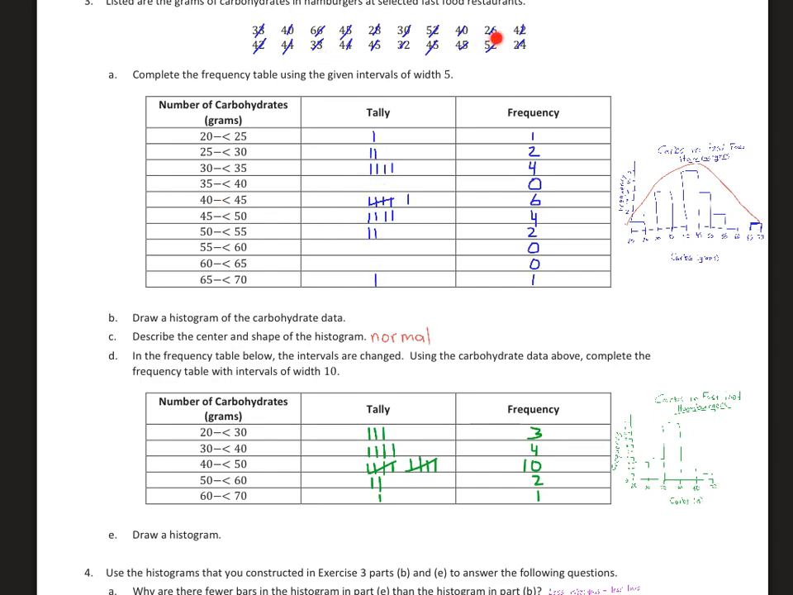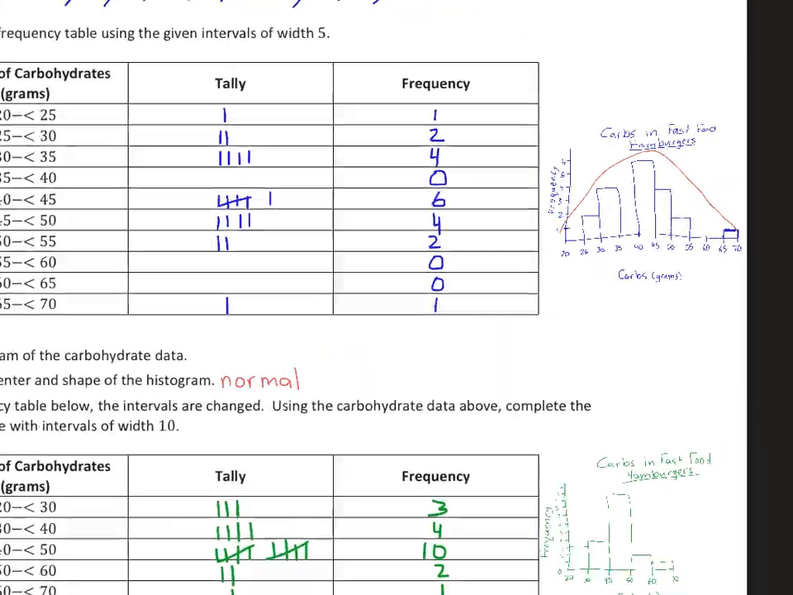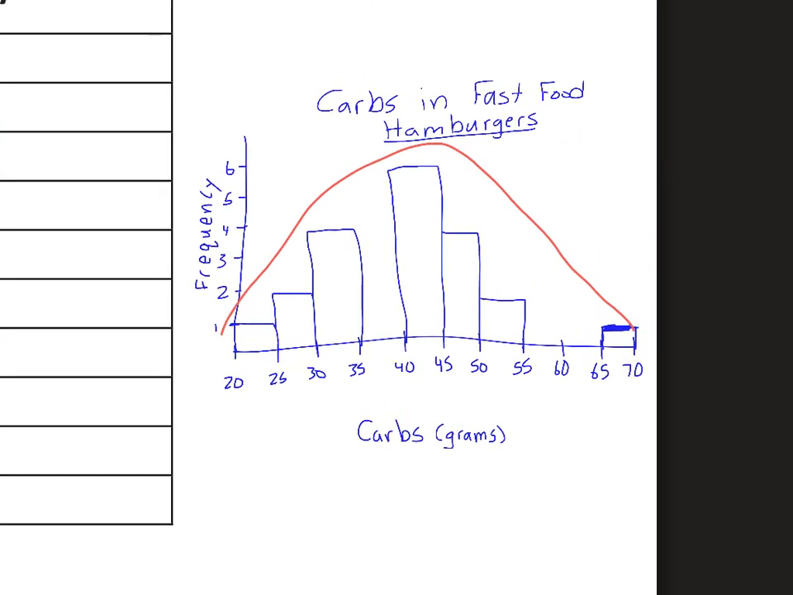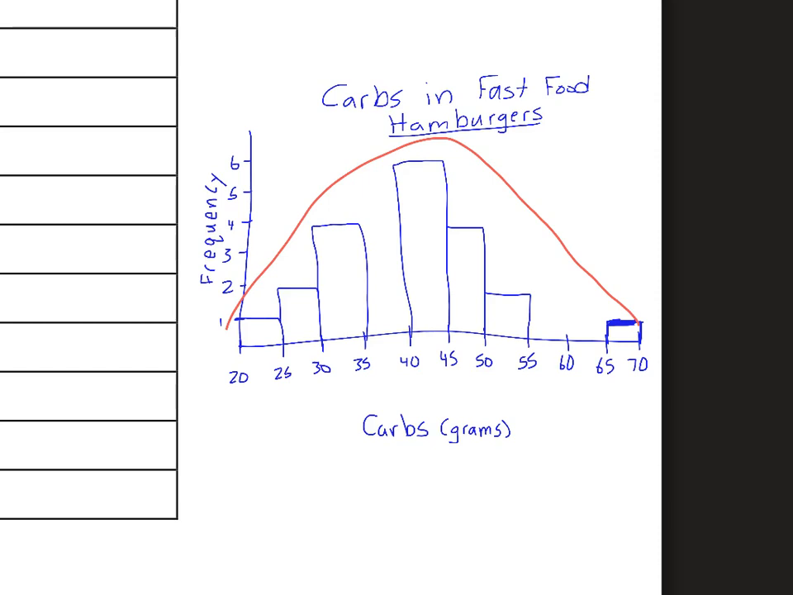And while it was seemingly long and tedious, we do have a tally chart to fill out here from this data, marking it off as we go, and then the frequency. And then we drew the histogram over here, so you can see it was given the title, Carbs in Fast Food Hamburgers. Carbs are in grams. Make sure the unit's down here, frequency on the left. Numbers are labeled, intervals are labeled, and I see a pretty normal distribution here,